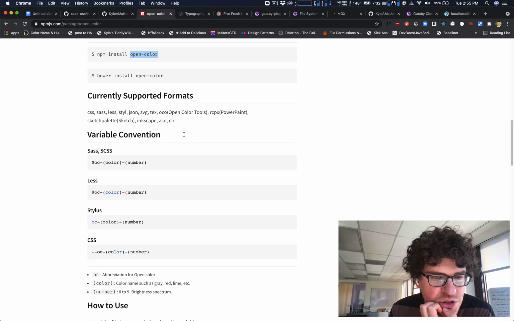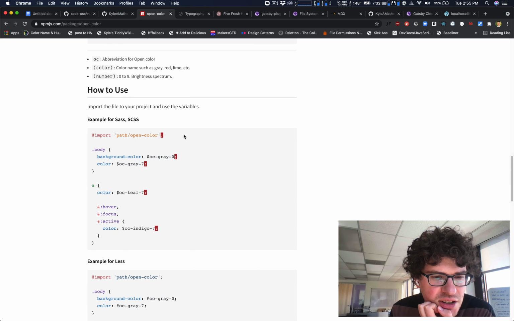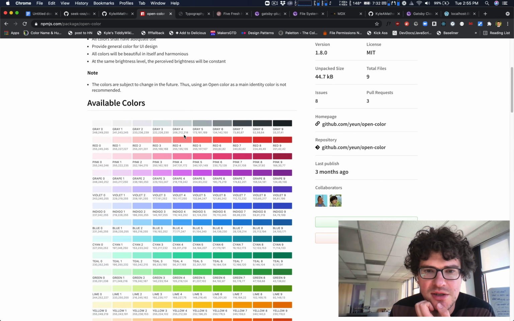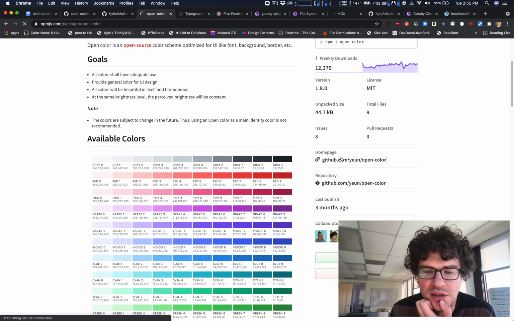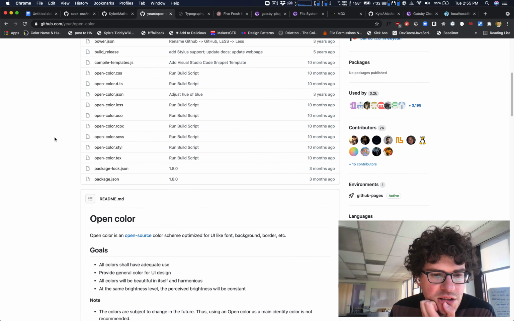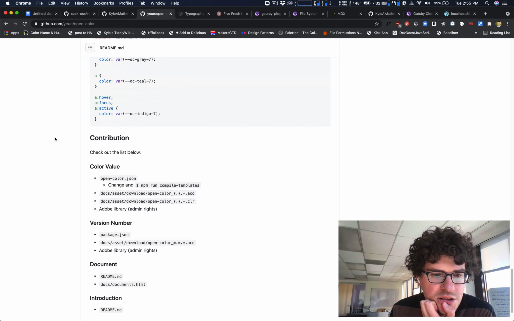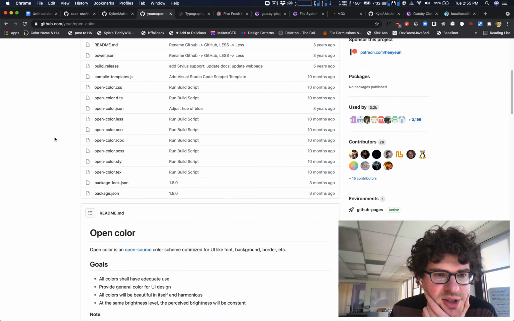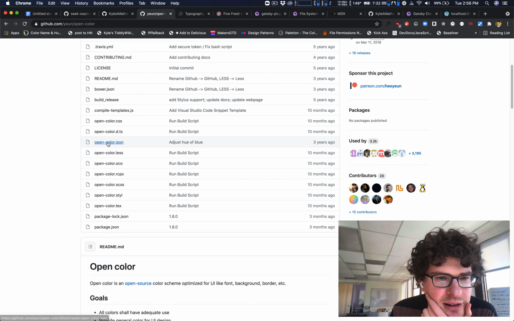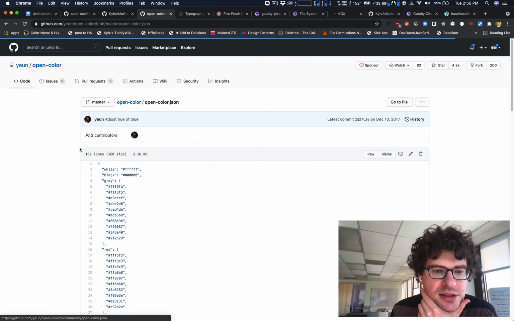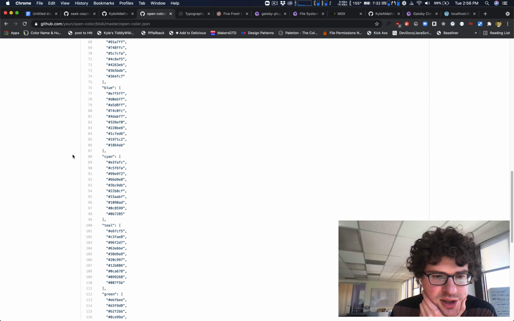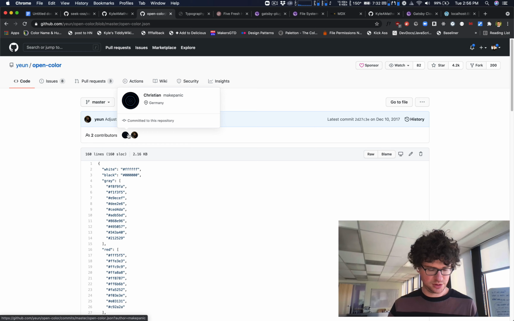Not actually even sure you can use it. Might just be CSS. Yeah, I might not have a JSON version that we can just import. Oh, maybe it does. Okay, cool. Yeah, that's what we needed. Okay, so